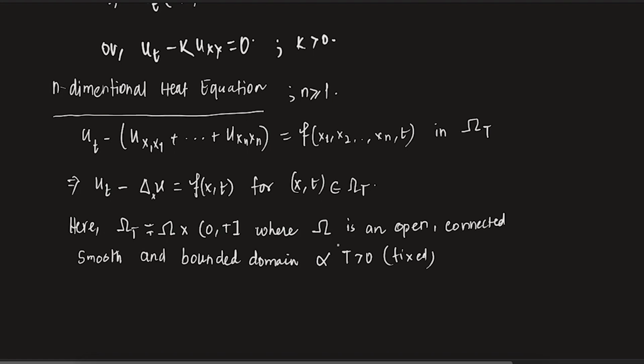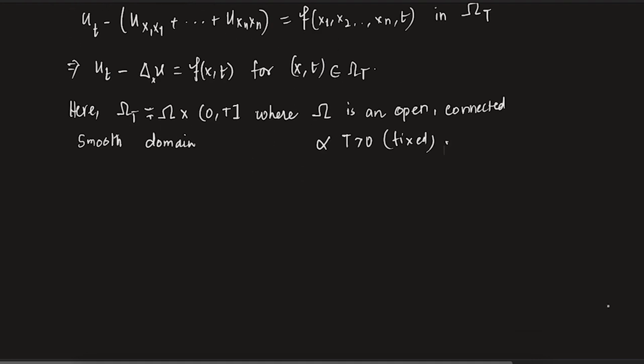Is this clear? So what is Omega? For now, whenever I write Omega_T like this, this boundedness I will explain when we need it and when we don't. But generally speaking, boundedness is not required. Whenever it is required, I will just let you know. So maybe I can just remove boundedness from here. Right now it does not matter. Let us just write down this domain and T positive. Yes, boundedness is not required. We will assume it later. For now it is only this.